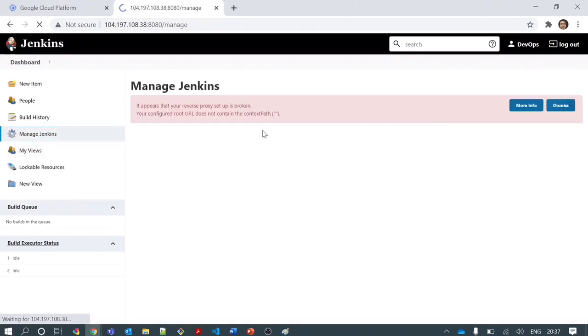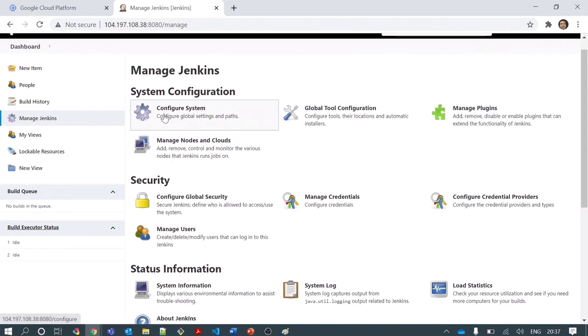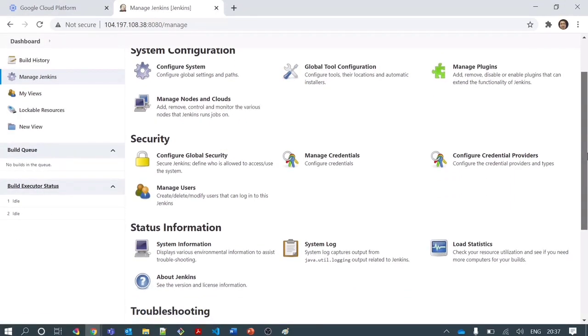Manage Jenkins has a lot of options that we will also see in coming sessions. You can manage security. You can configure your system. You can manage plugins, tools. You can manage nodes and cloud that we will see when we connect our slave nodes to master. You can configure global security, manage your credentials. Credential, when we say, there are a lot of credentials. Whatever device we connect in continuous integration, we can manage their credentials. We can create credentials for them and we can connect them using the same.